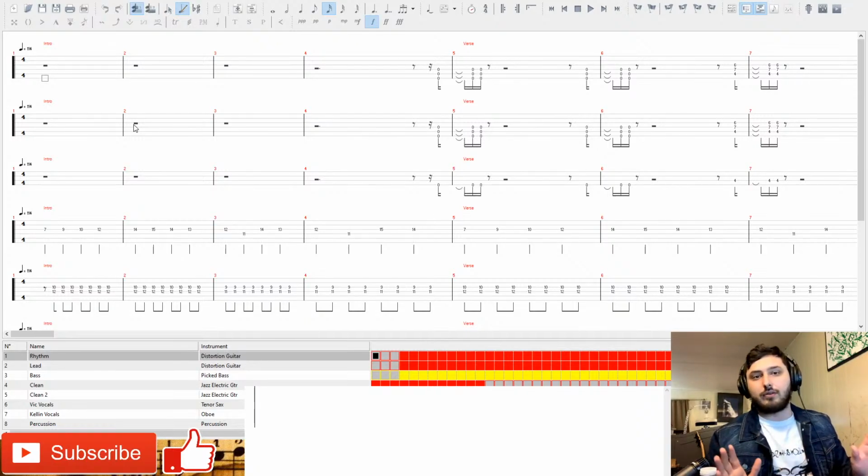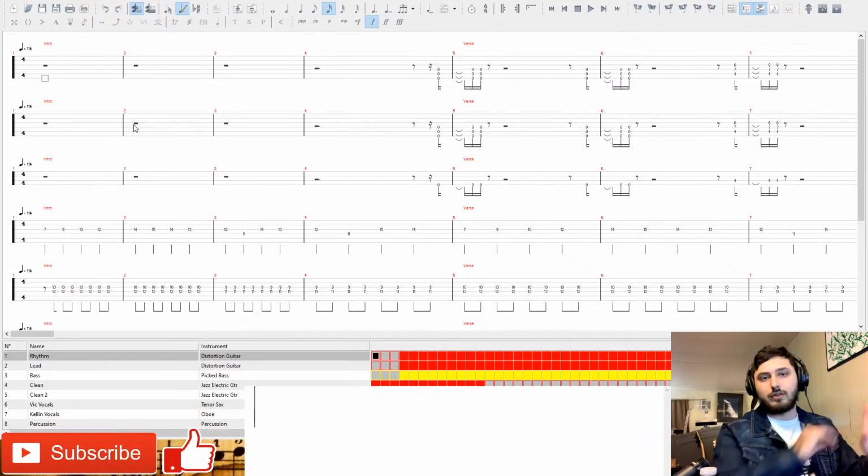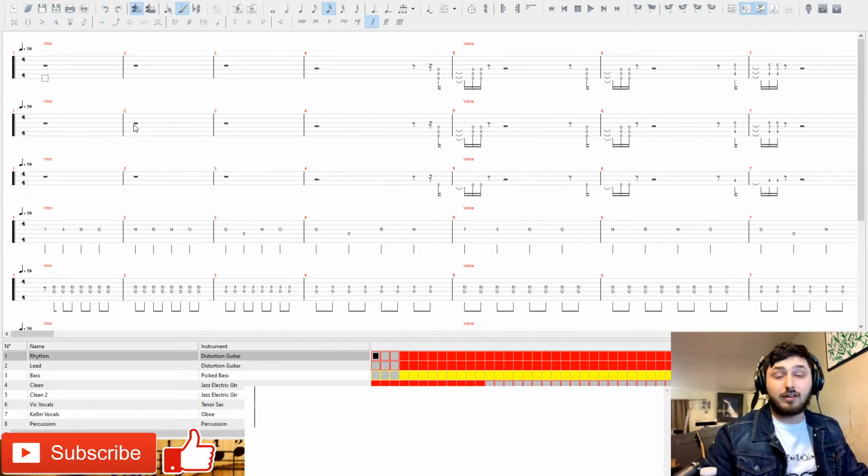I just downloaded the tab again. I haven't looked or analyzed anything yet. I just know there's a lot of interesting things that happen in this song. So we're going to look at what those are and talk about them a little bit, and feel free to leave music theory related questions because I like answering them.